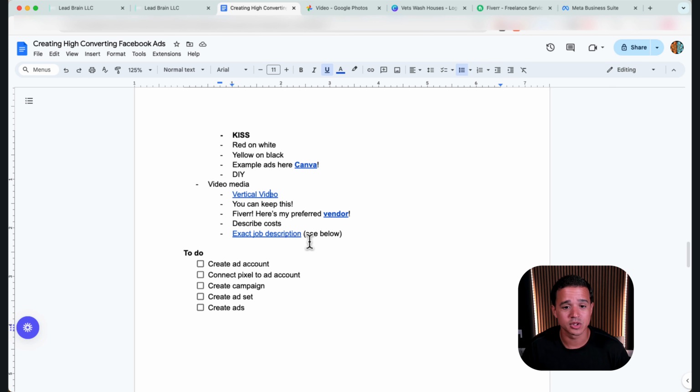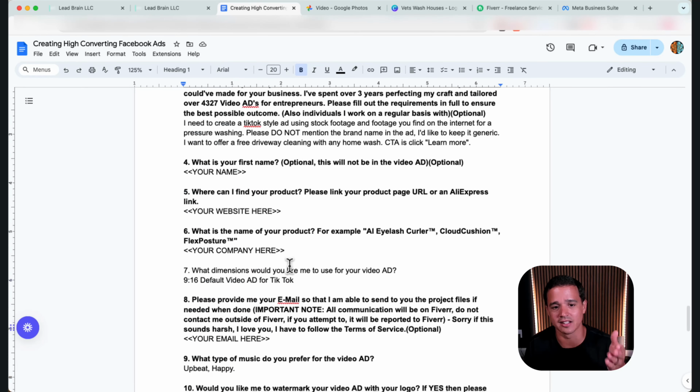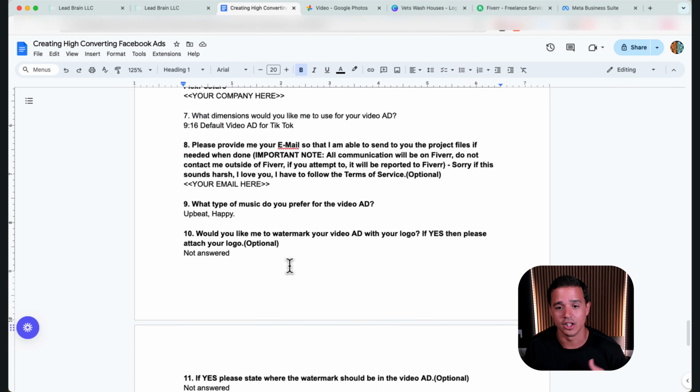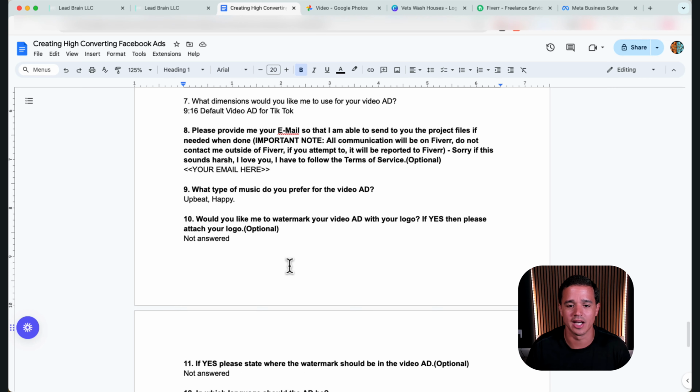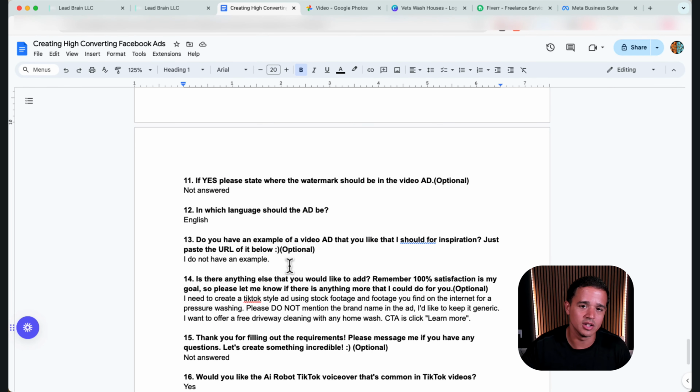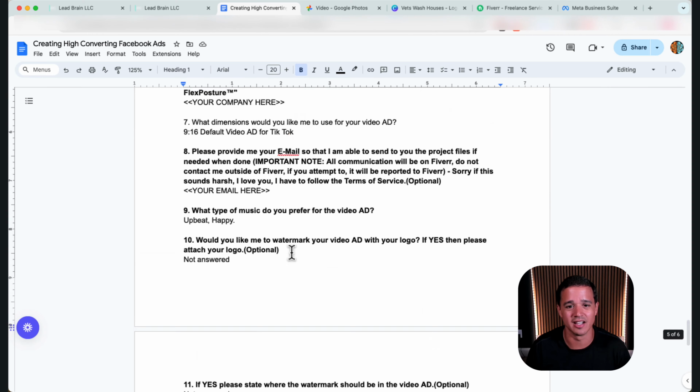And I used a website called Fiverr.com. I have the preferred vendor highlighted here, and the exact job description is down here, exactly how I asked for the job. You can come here and copy and paste this with that exact vendor, pay $55. I don't know if his pricing is going to be the same, but it's probably not going to be much more than that. And I think he'll actually create 3 videos for you with 3 different intros that you can run, and it's done in like 24 hours.